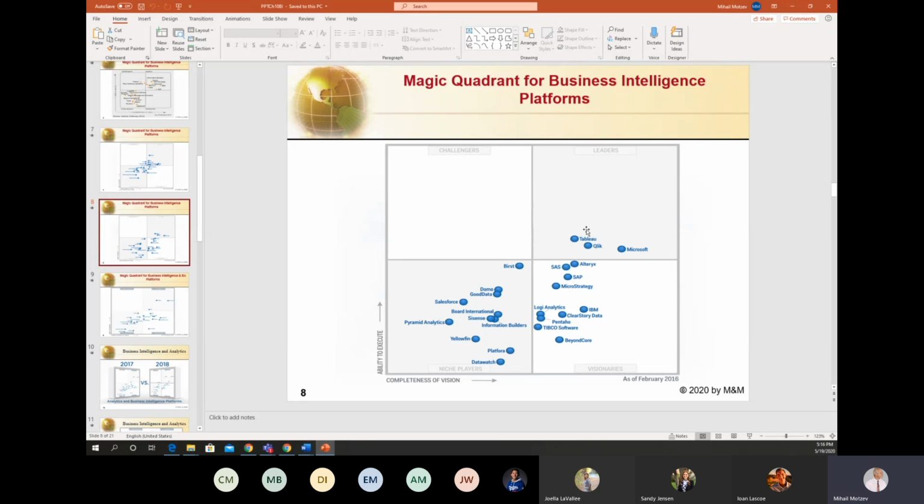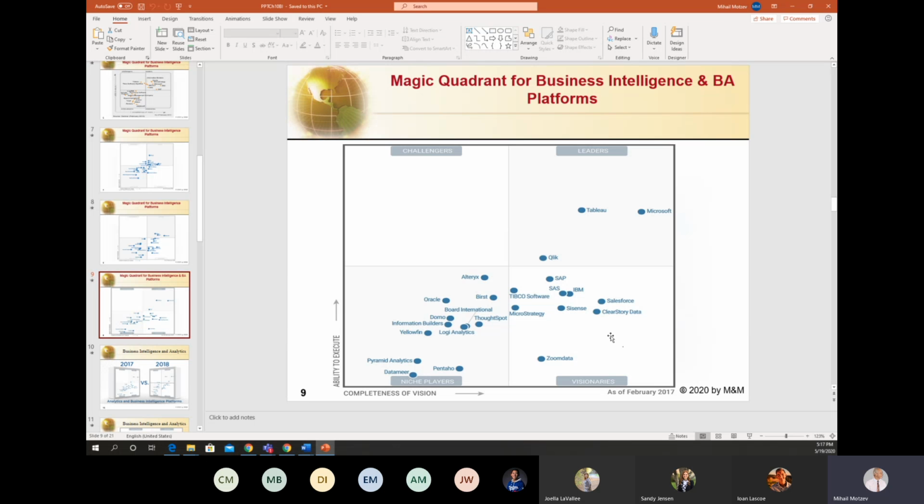And in the quadrant of leaders, Microsoft and Tableau remain, but not far away from the other companies. The years 2017 and 2018 introduced a lot of changes and spread between the companies, their goals, and their achievements.